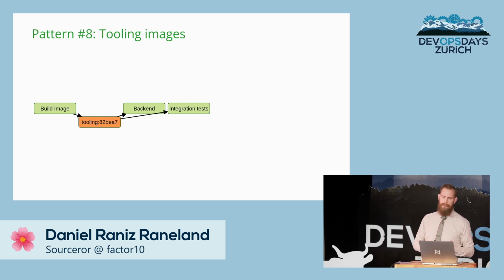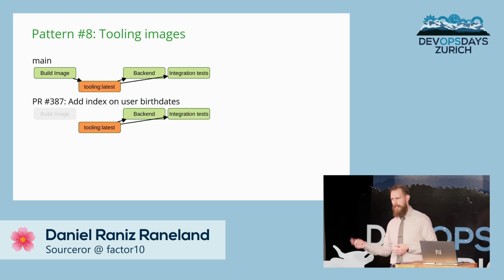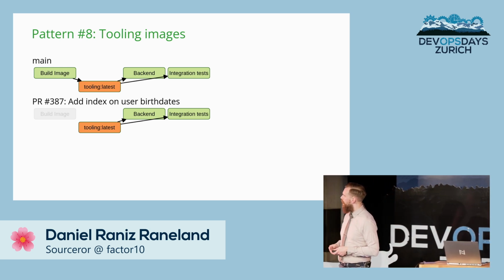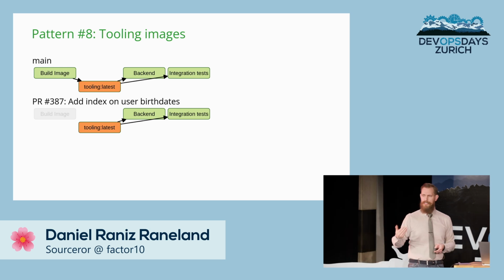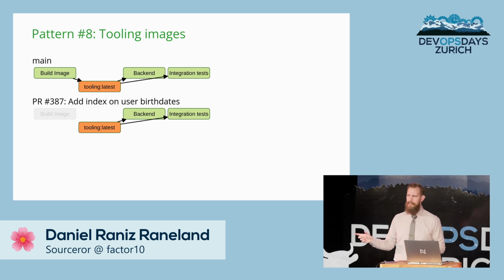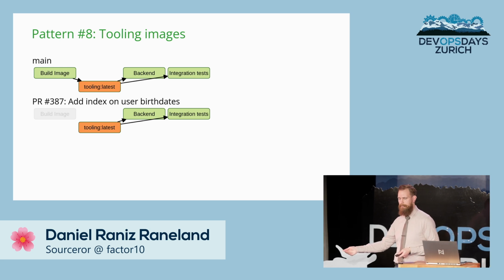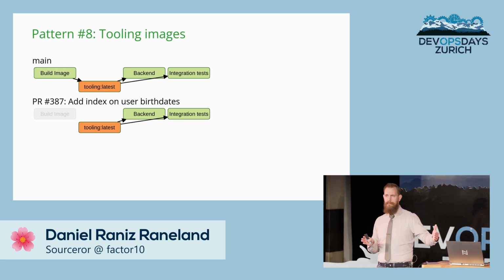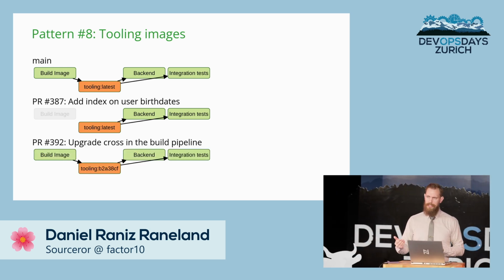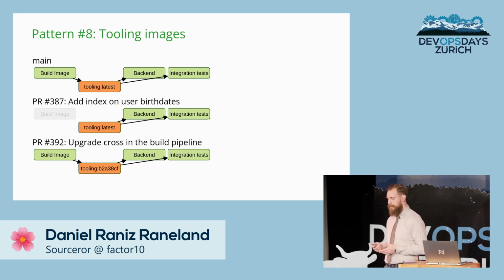We can use conditional pipeline steps with this to make sure that we only build the image when it's actually changed. So in the top case here, we build the tooling image, we publish this as latest, and then when a PR comes along, we check, has anything changed in the build image? No. Well, then we skip building it, and we reuse the latest image that we built on main, saving us all the time spent installing tools. And if we change something, we rebuild the image, and we reuse that image for the rest of the build.